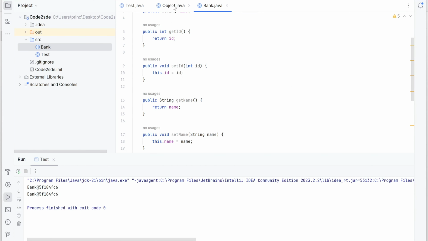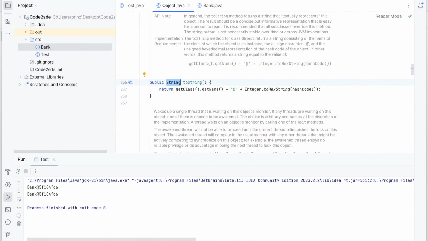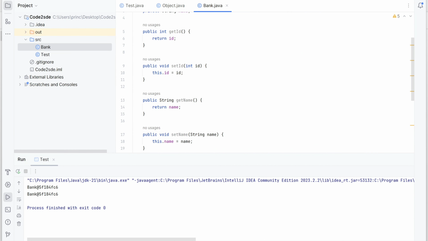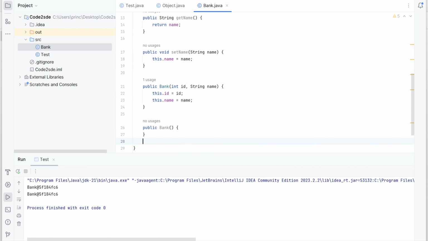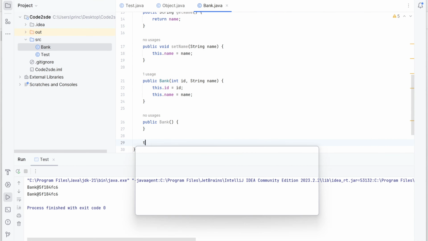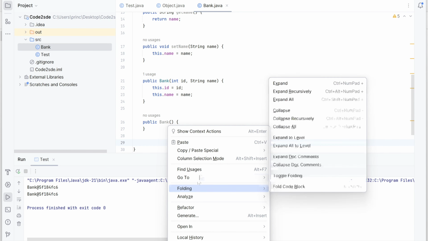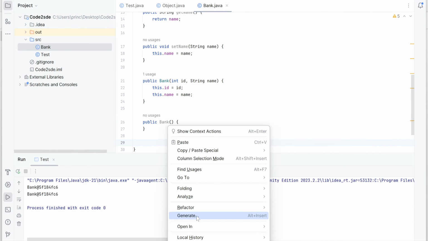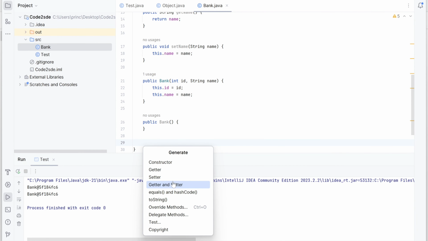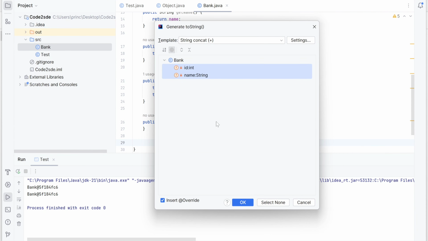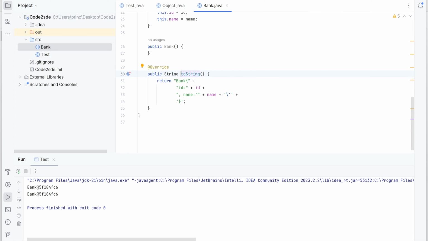Now, since this is not a final method, that means we can always override the toString method in a class. So let's override the toString method in a class. I can always generate a better representation of toString from the IDE. If I right click, select toString, and select both, this toString method means whatever you want to print as a string representation for that object.